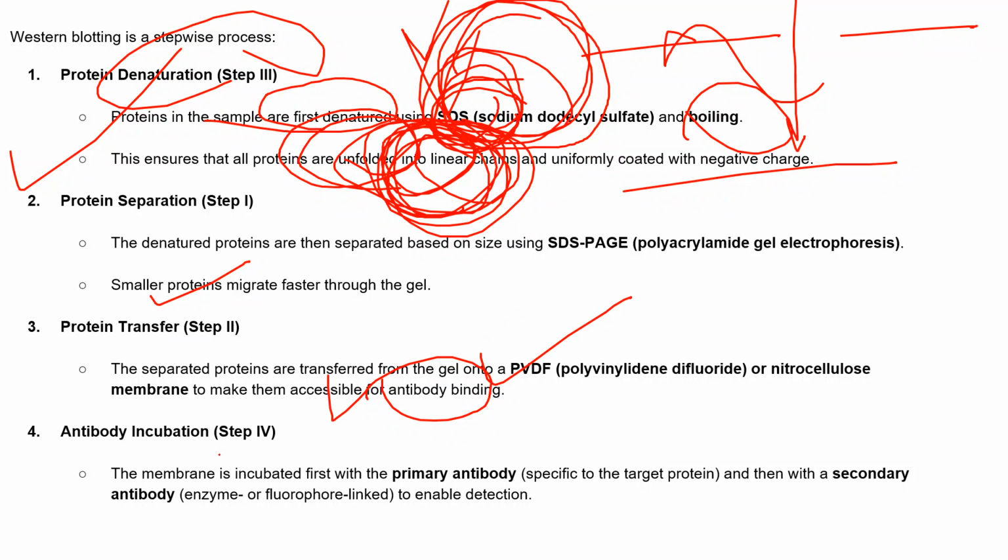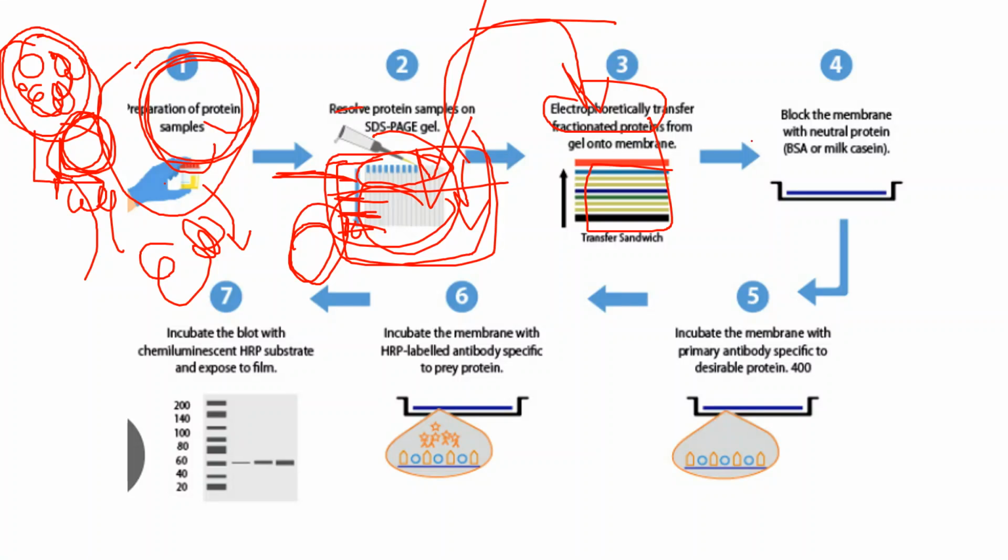And after that, we have to incubate with the primary antibody because it can't bind to the gel. So now, if we incubate with the primary antibody and the secondary antibody, then this antibody will go and bind so that we can see the signal. So here also, before that, one more step that I am describing, blocking, we have to do so that non-specific binding will not be there.